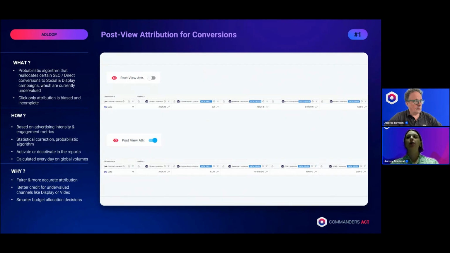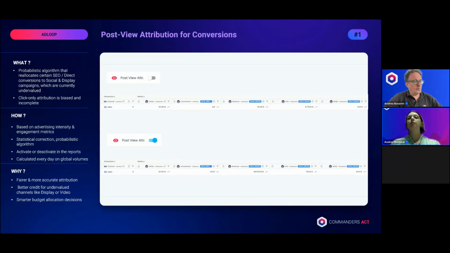And we also measure advertising intensity. The goal of this algorithm is to reattribute conversions more accurately, shifting some of the credit previously given to channels like SEO, direct, or SEA brand towards those that actually influenced the user journey.